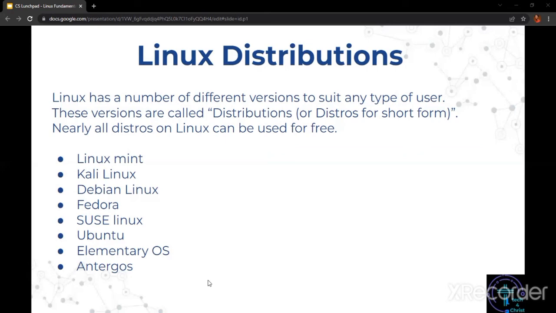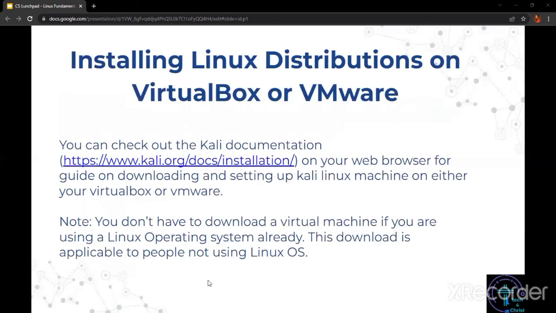Then we have Ubuntu. This is one of the most popular Linux distributions. Ubuntu is based on Debian Linux. Also we have elementary OS and antivirus operating systems. These are the different distributions in the Linux operating system. Linux has other distributions out there, so we are going to talk about